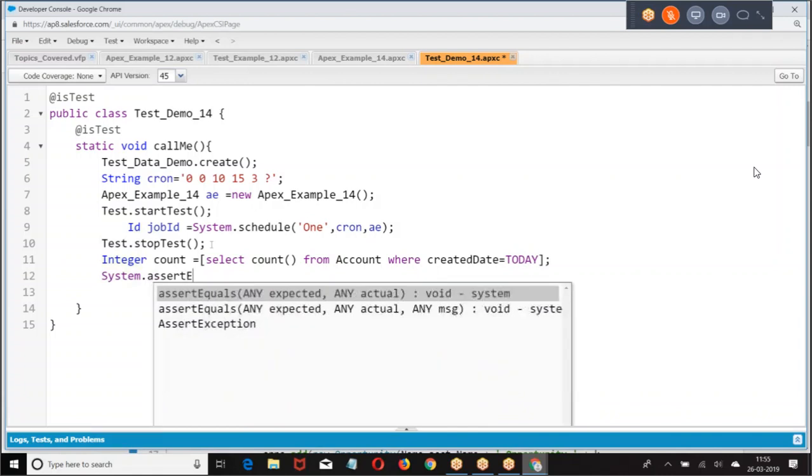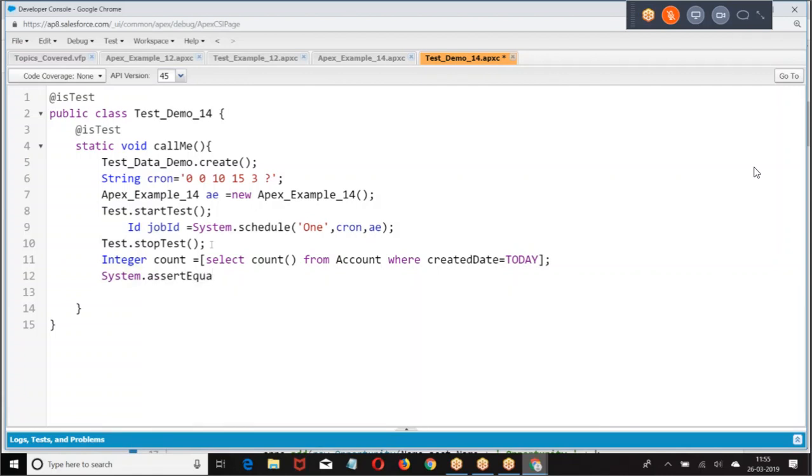If the scheduled Apex is running properly, the count should be 0. System.assertEquals(0, count).